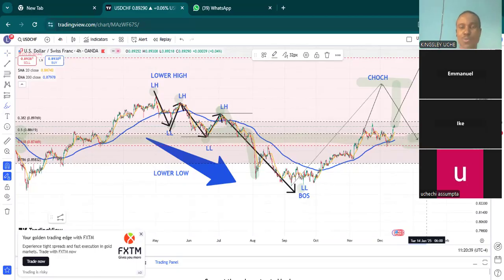Fantastic. So now we are still very much in the first phase of USD CHF. I've just explained how the market gets to the change of character. I'm drawing our Fibonacci retracement tool, and the market price needs to come down to the 0.5, 0.618 area for us to get to the next phase, which is the second phase, the most important phase. But in this case, on a downward trend,